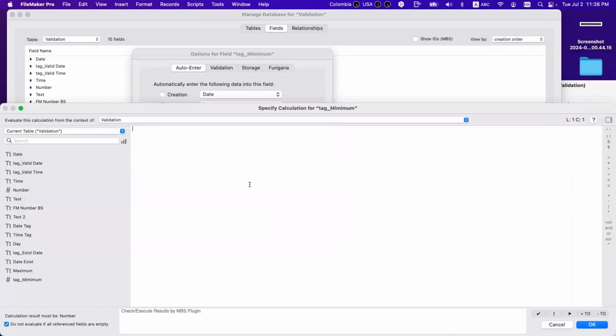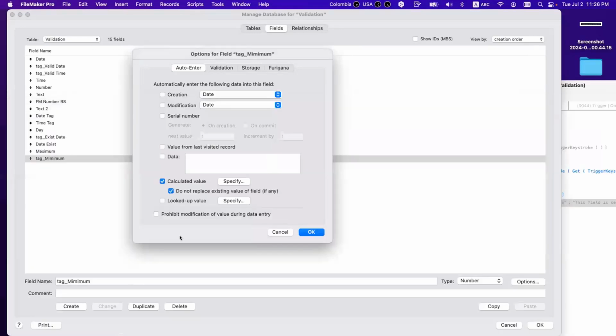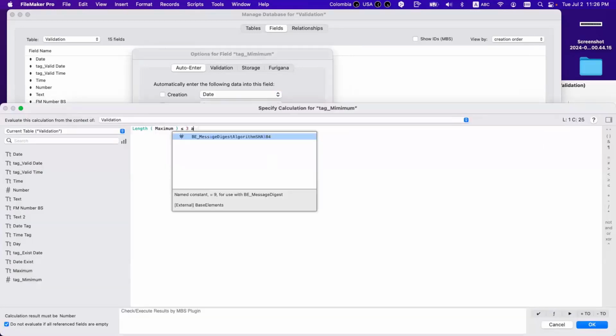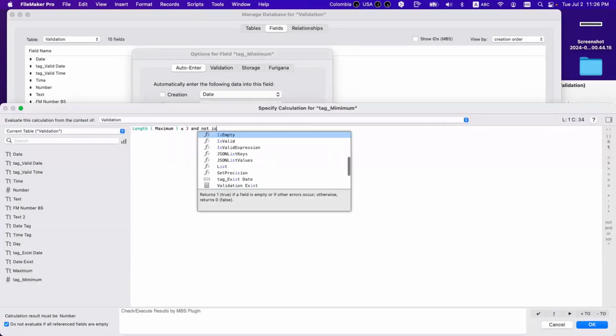So if length of this field, let's say I want 3 characters, and not is empty.